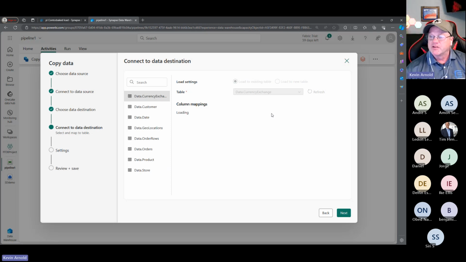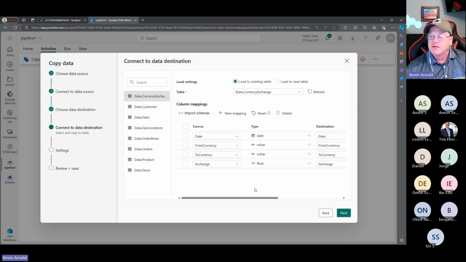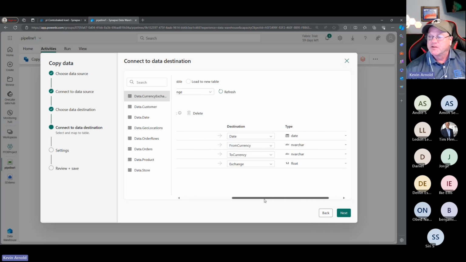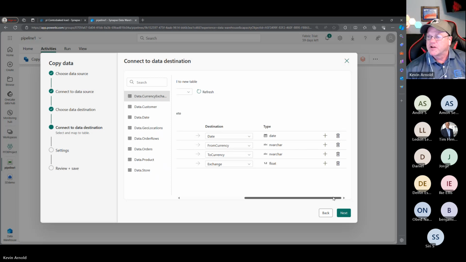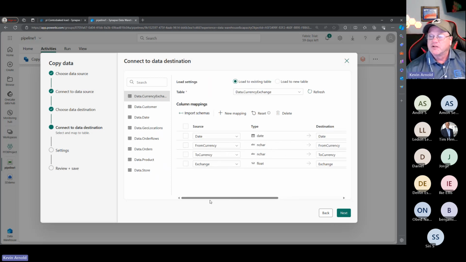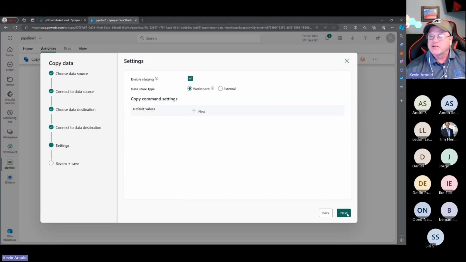Next. And I'm going to tell it to load into existing tables. And it's going to allow me to come in here and remap things if I want to. The default mapping, because I already changed all my data types, right? Now it's saying it's going to be varchar, but that's not totally true because I already have the tables out there, and I had to create them with a varchar. I just noticed that. I didn't look at it earlier. Anyways, you see it went ahead and mapped all of those. I'm going to hit next.